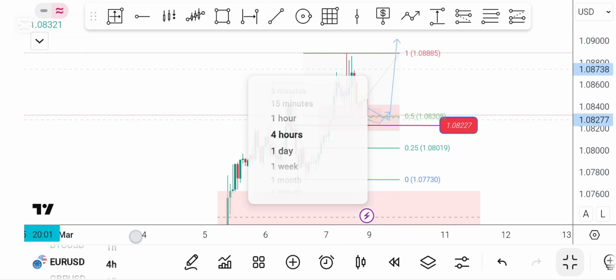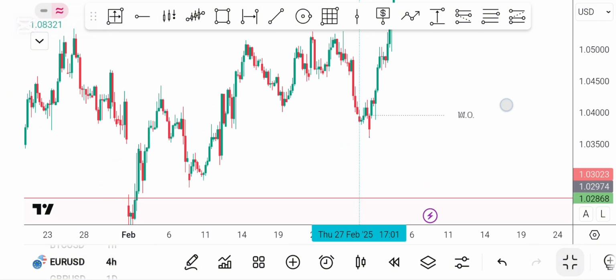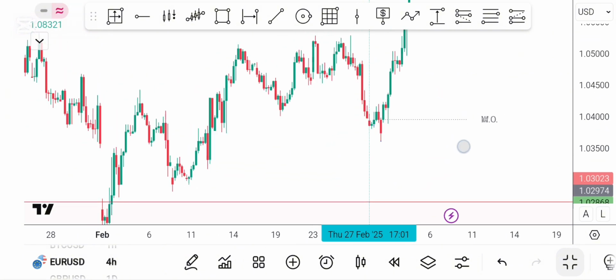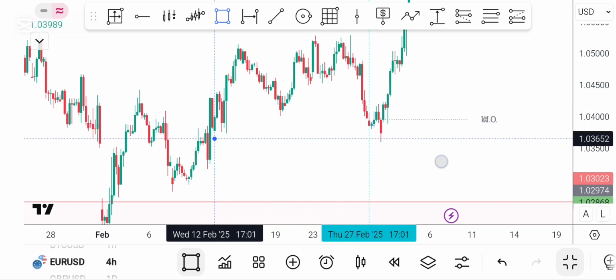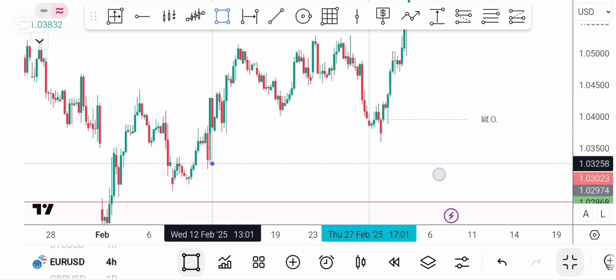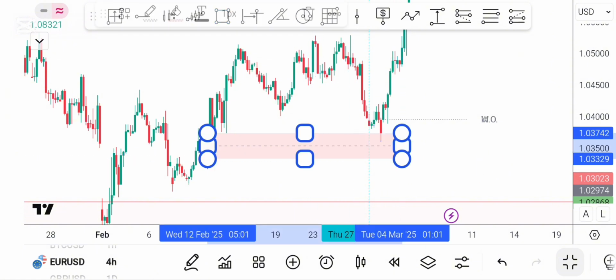Now let's go back to the 4 hour time frame, and I'm going to show you something very interesting. Now on a 4 hour time frame, equally on EURUSD, if you are wondering why we had that expansive move last week, you will also agree with me that price traded into a 4 hour bullish order block right here. Okay, the upper quadrant of that 4 hour bullish order block, and then we saw a market structure shift